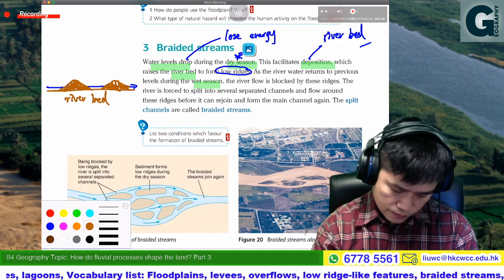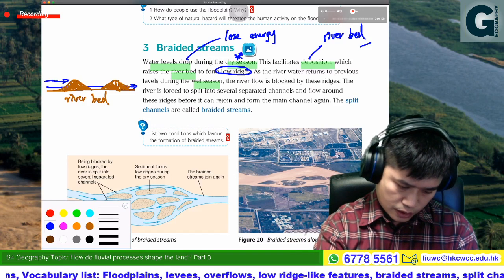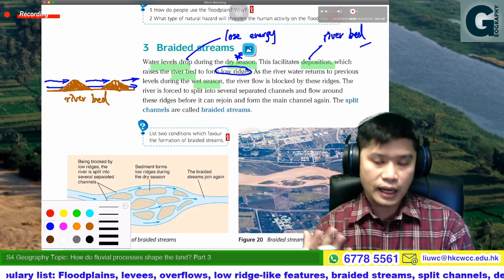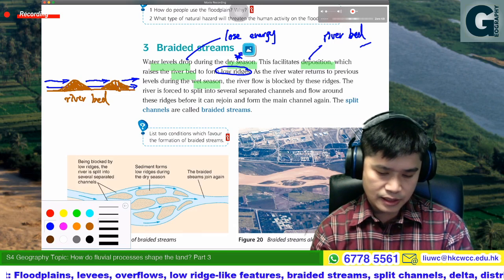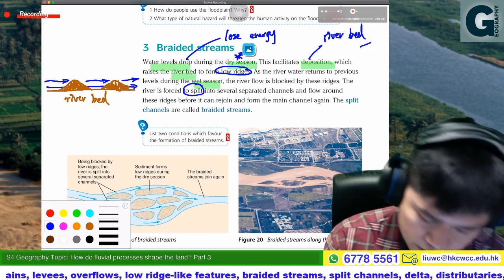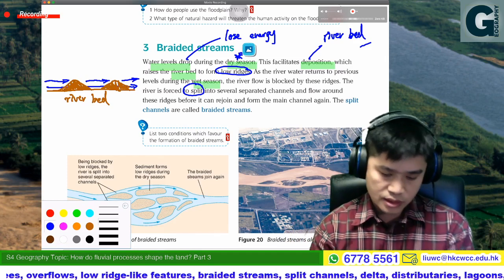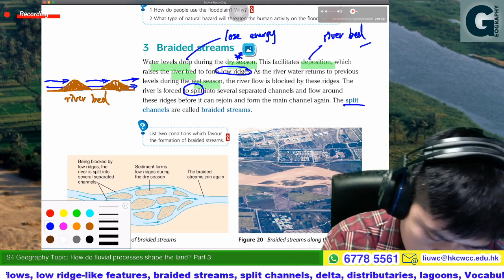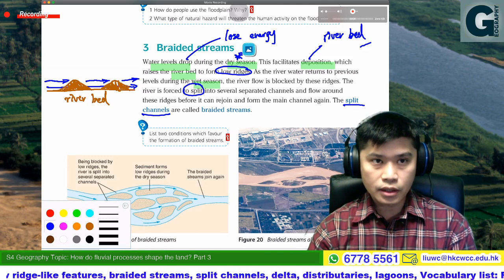So when there's a wet season again, the water level becomes higher. When the water flows back, the river channel could be blocked by this ridge. The river is forced to split into several separate channels and flow around this ridge before it can rejoin and form the main channel. For the braided stream, we may call it a split channel. 佢係分開咗㗎啦，得唔得？